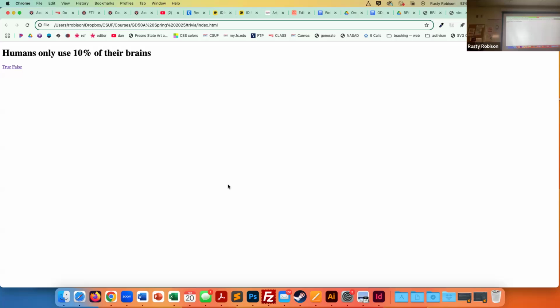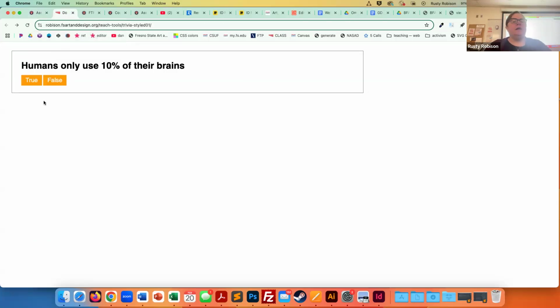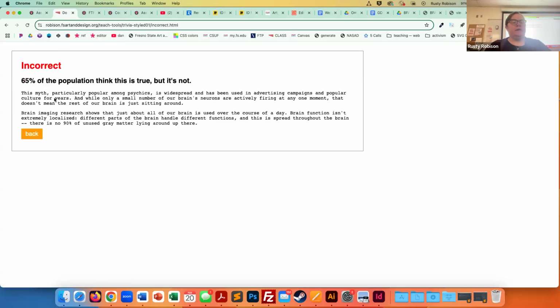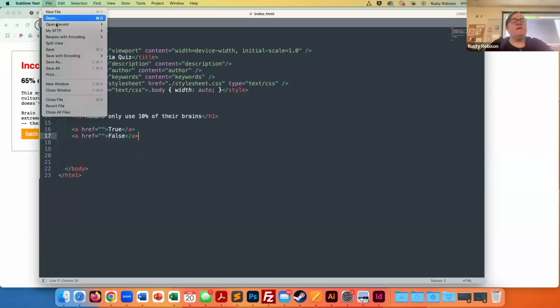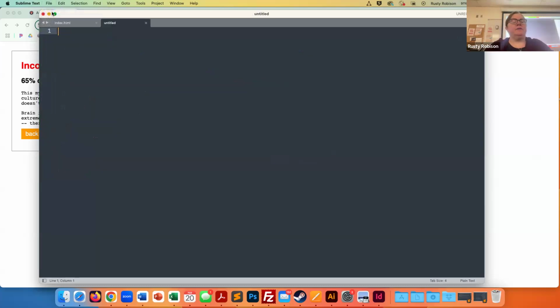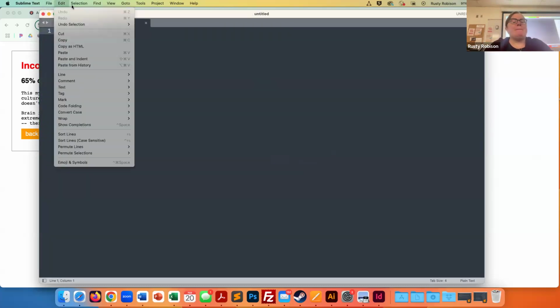Okay. All right, so let's go through. Let's continue and keep building this. Okay, so now I'm gonna make those other two pages. So for this one, the incorrect page, gonna want to do the same thing. So first thing I do is file, new file,